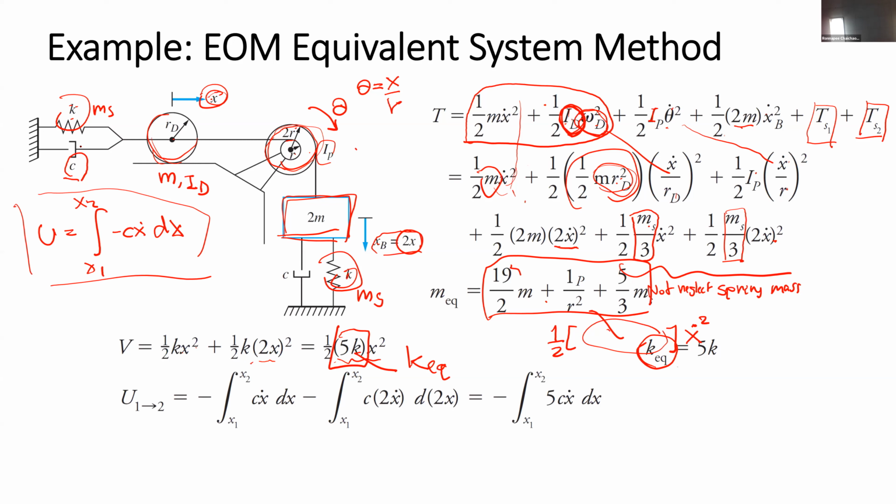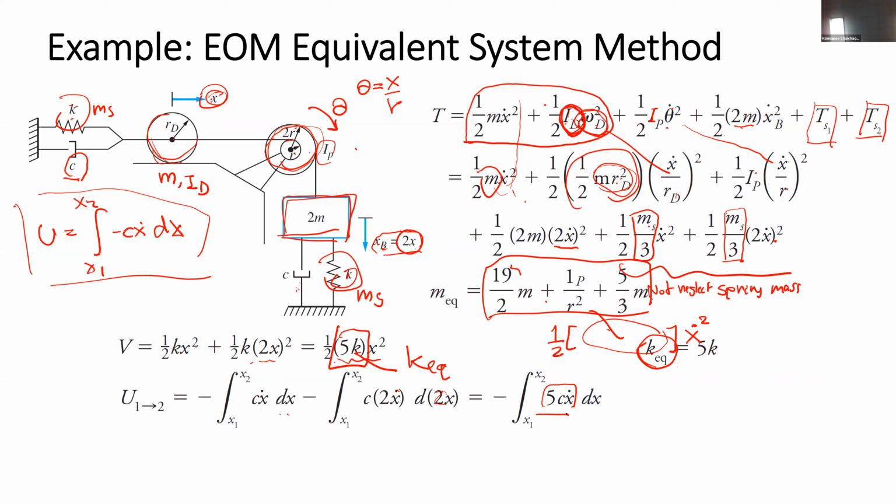We do the same thing. For the first damper it is cx dot directly. For the second damper, the velocity will be 2x dot instead of just x dot, and the dx will be d of 2x. So yeah, we can obtain this form